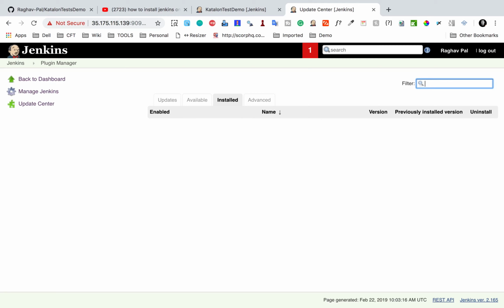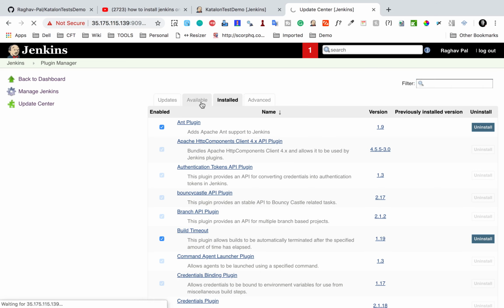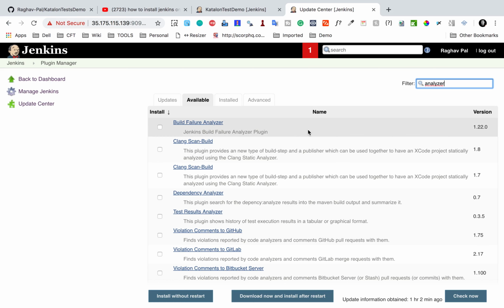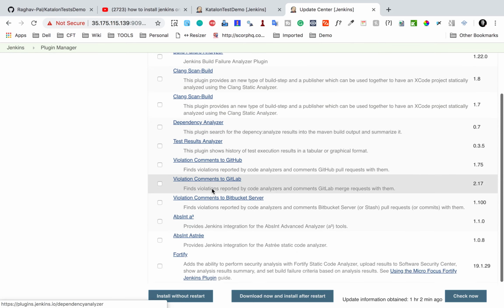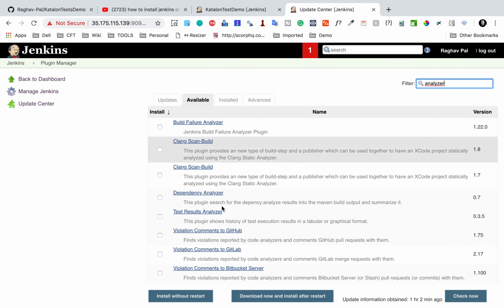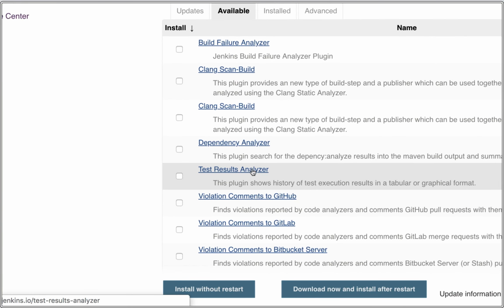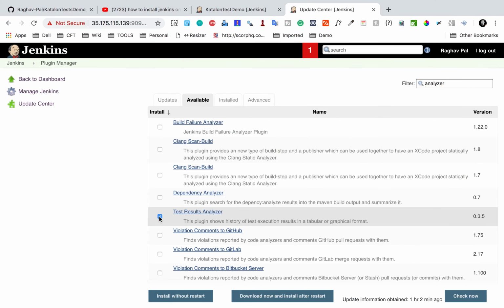It is not here. It should be in the available. Let me try once again to get the plugin, and here, yes, this is the plugin. So this is test result analyzer plugin, and this will use your JUnit or your TestNG reports to generate graphical reports. So let me just click here and I will say install without restart,